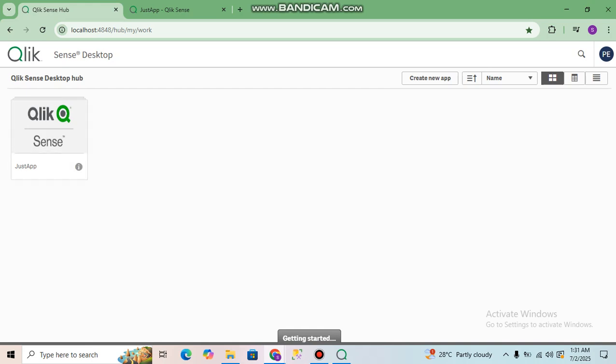But another thing, these are the apps, right? If I right click on this one, here you can see open without data and delete. So what does open without data mean? If I click on this one, I will be getting into the app, but there will be no data. All visualizations will be seen, but there will be no data. Why is it useful? Because